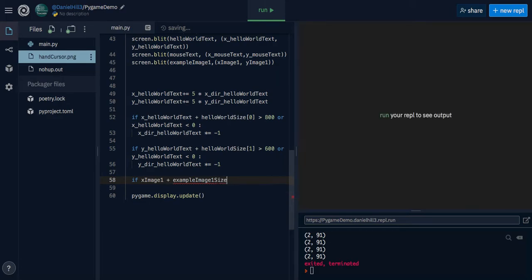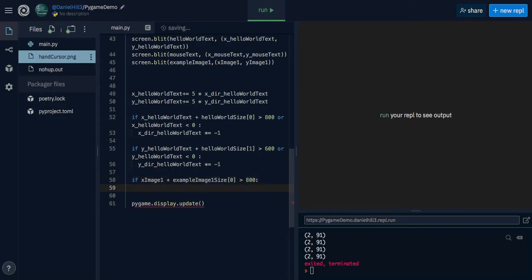Okay, remember that because we're dealing with a list, the first position in the list is our x position. Okay, if that is greater than 800,